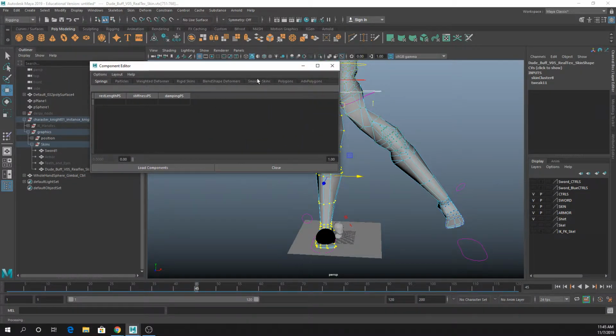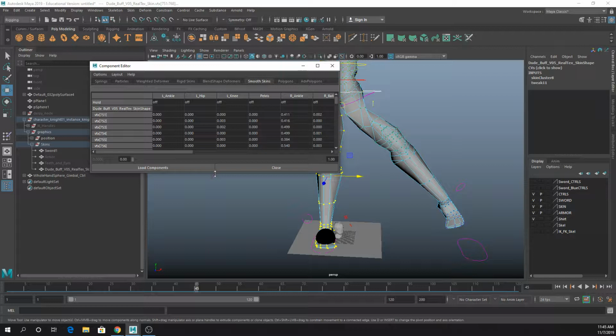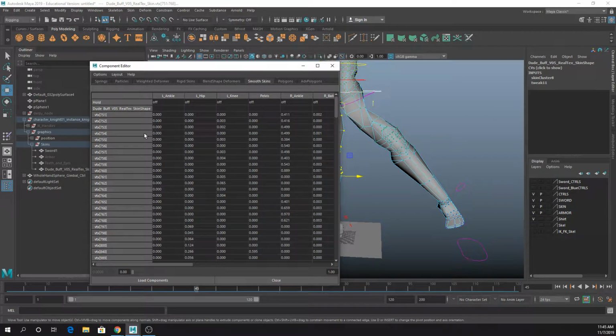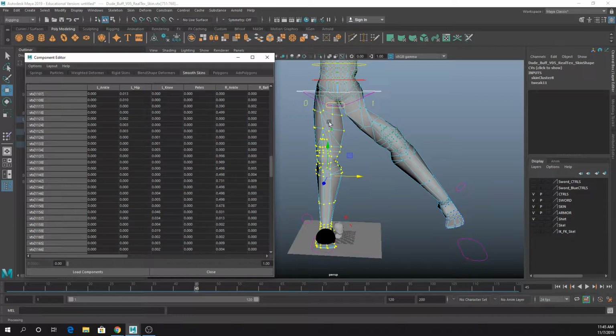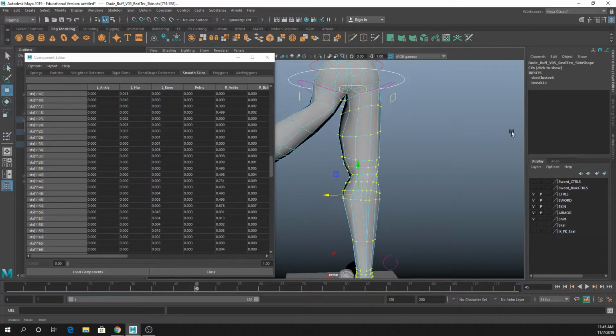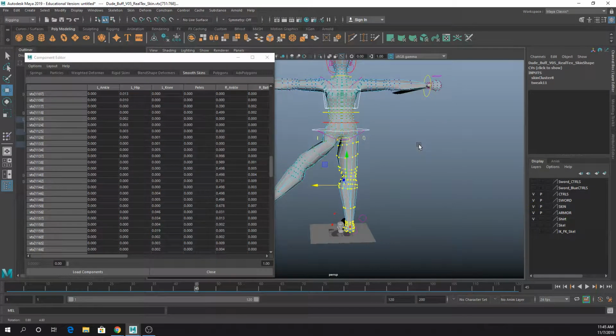And if you expand that and go over to Smooth Skins, it will show you a list of all of the vertices that you have selected. In this case, it's apparently a lot, as well as all of the weights that are influencing that particular vertex. So what I can do is go through. I tend to label my characters from the character's point of